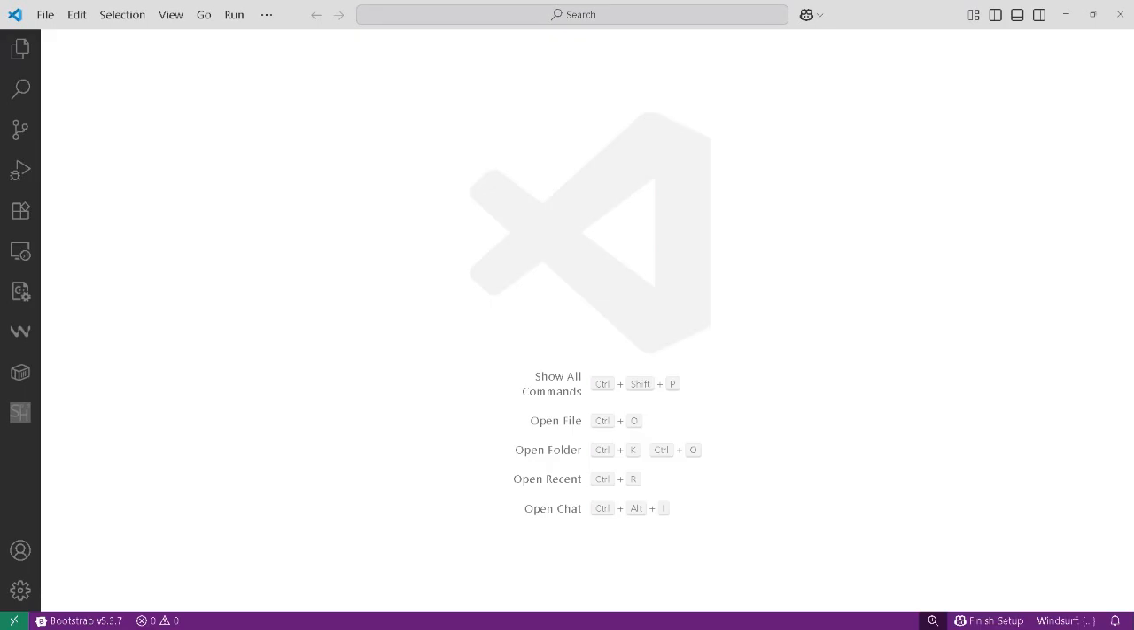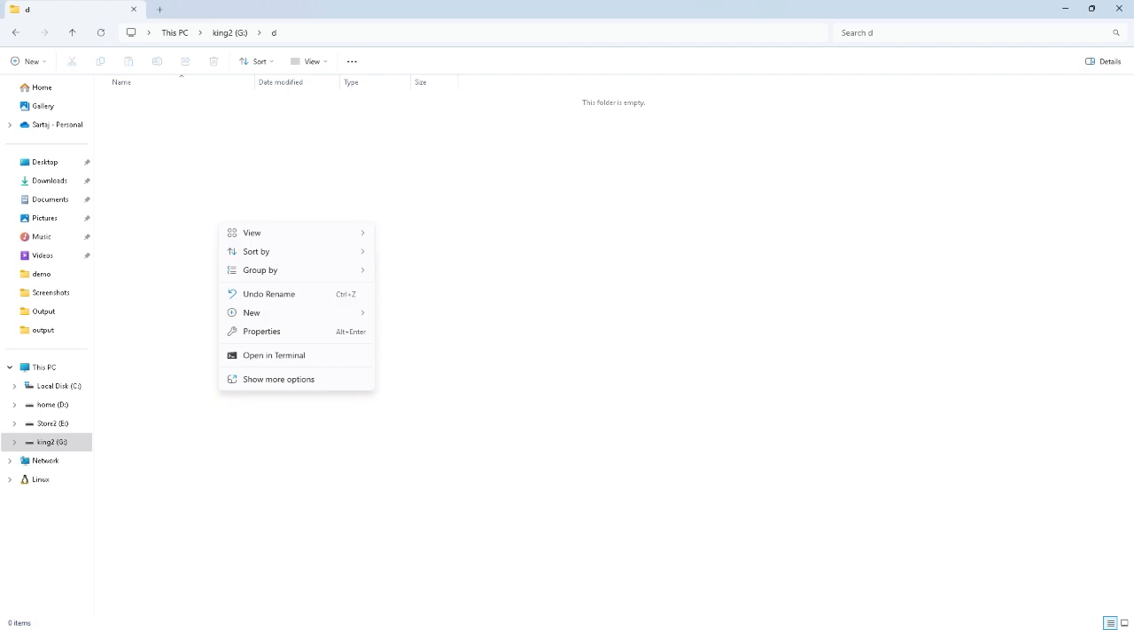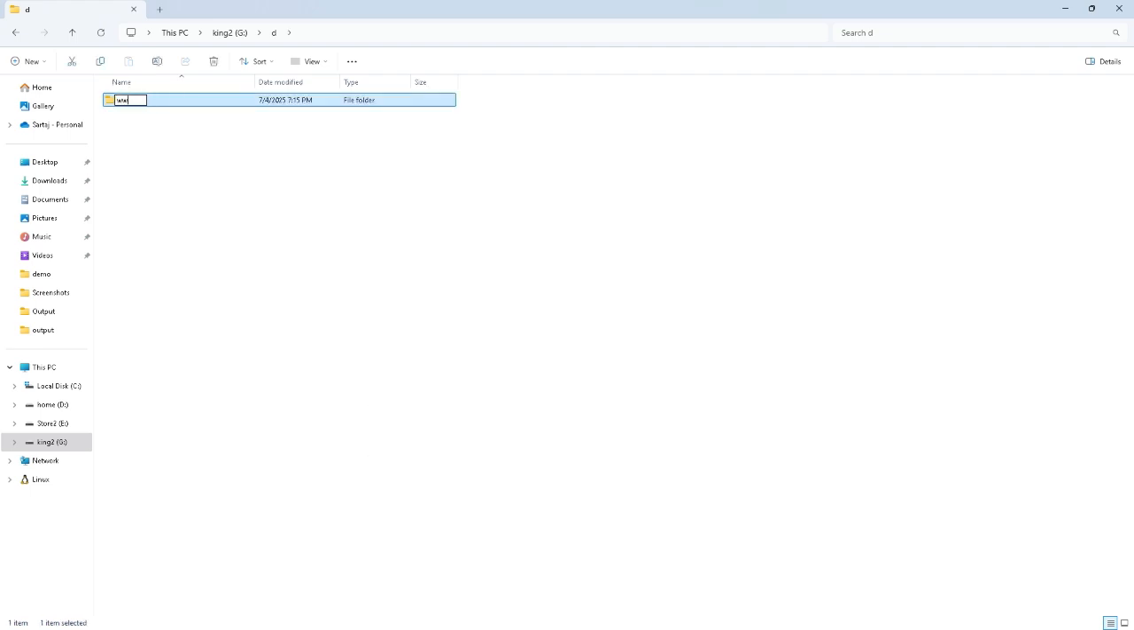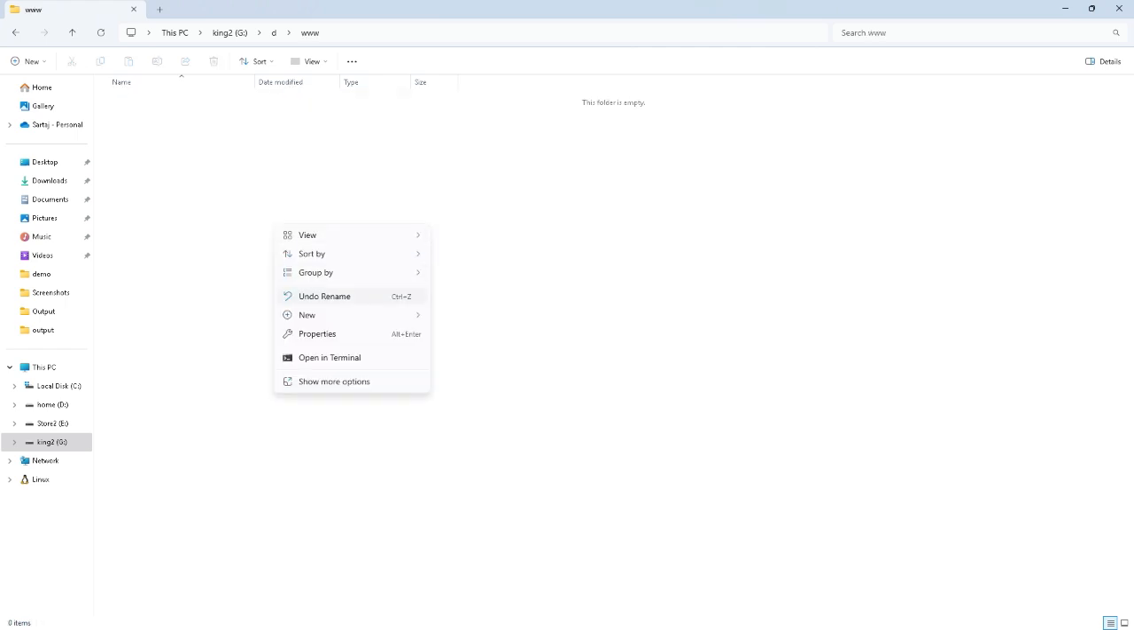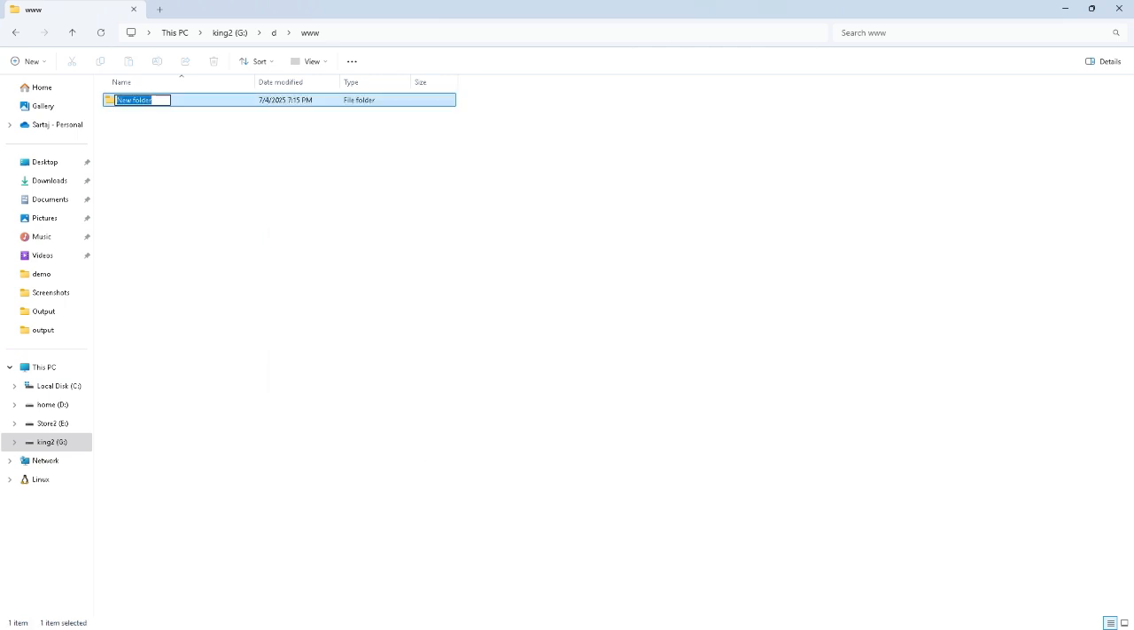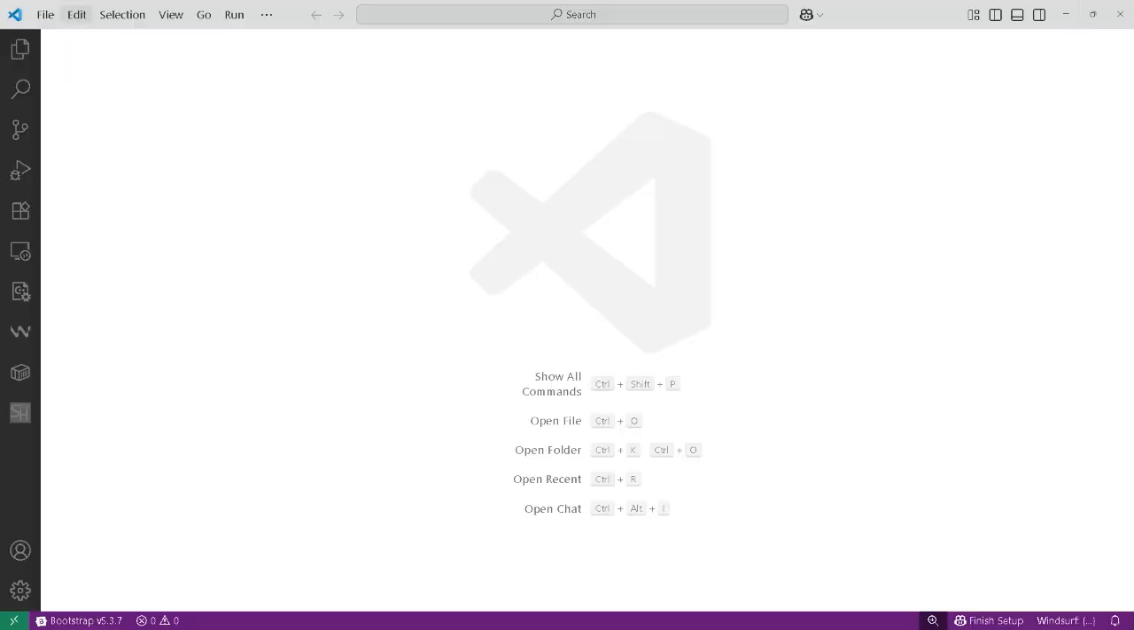Okay, let's start to create a project with VS Code. And first we create our www folder, www, and inside the www we create another folder, our project folder, for example demo1. Now open this demo1 folder in VS Code